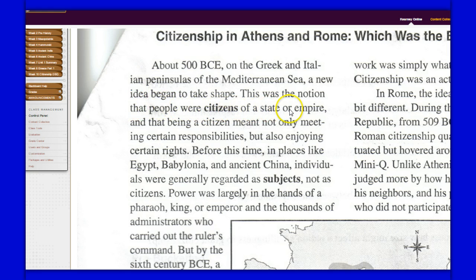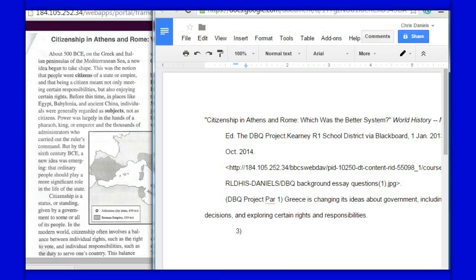People were citizens of a state or empire, and that being a citizen meant not only meeting certain responsibilities but also enjoying certain rights. I'm going to go ahead and use that in my paper, and I'm going to make it a direct quote. Alright, one of the ways that I've tried to make this a little bit easier is I've created 2 windows. I dragged my Google form outside of the address bar up here, made it minimize the window, not all the way minimized, but made it smaller. Also made it smaller on the document. As you can see over here on the left, here's the quote that I'm looking to get,